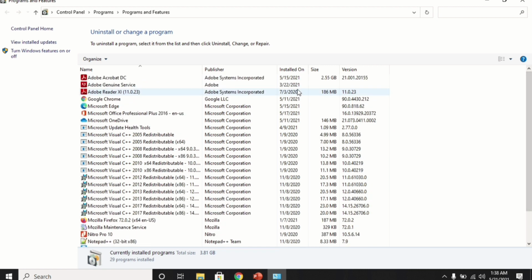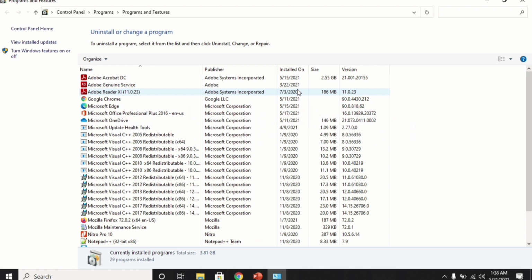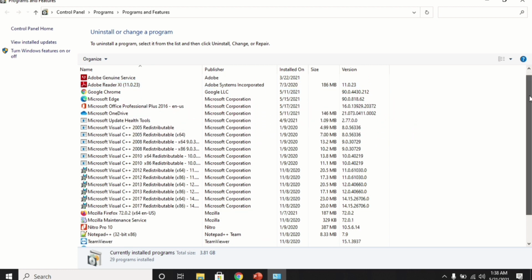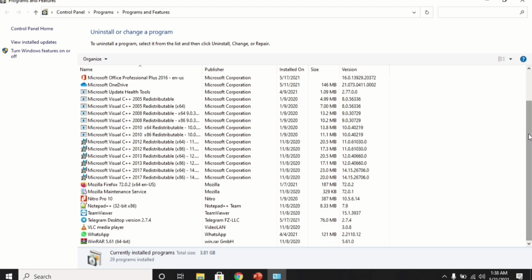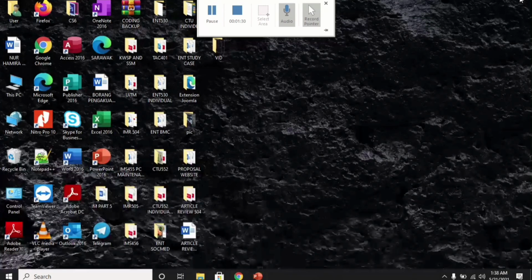So what we need to do is find the security files such as Avast, AVG, Norton, according to the previously installed and uninstalled files. So you guys can find the antivirus files that you have installed before. If you have Dropbox, it's recommended to uninstall it. When you have uninstalled all the files that are mentioned, just close the windows and restart the computer to clean